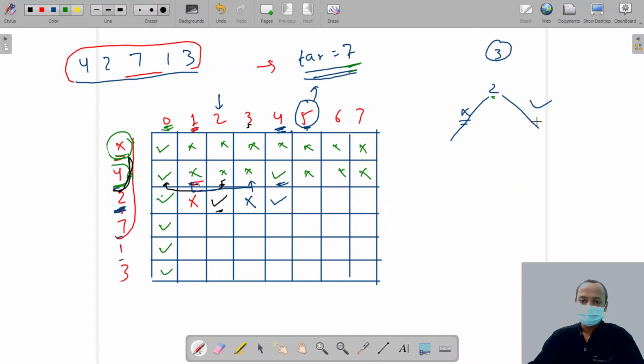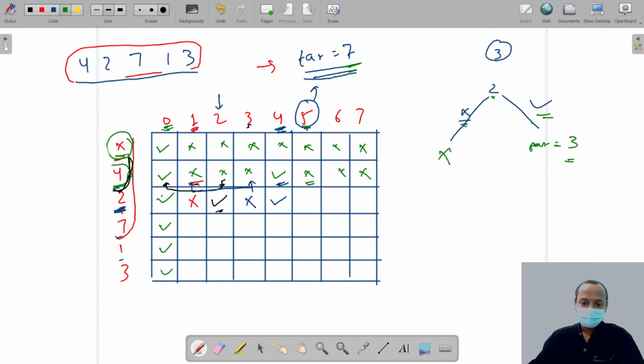We can exclude this player and we can include this player. If we exclude this player, then the rest of the team has to make 5 runs. So we ask, can you make 5 runs? They say no, we can't. If we include this player, now the target is what? 3. 5 minus 2 is 3.